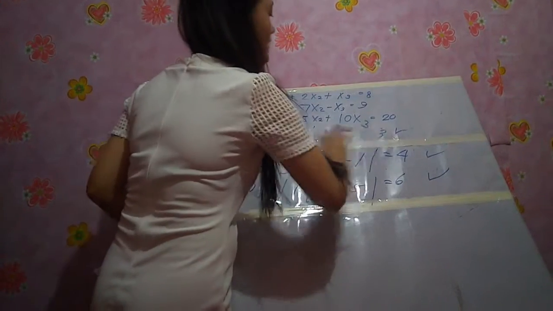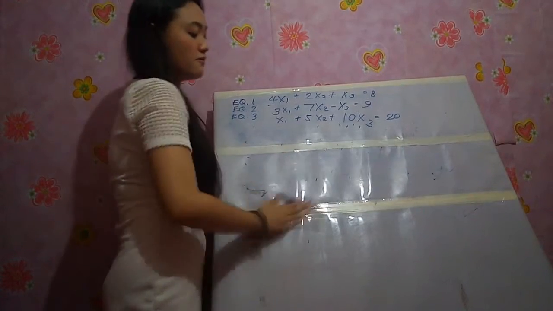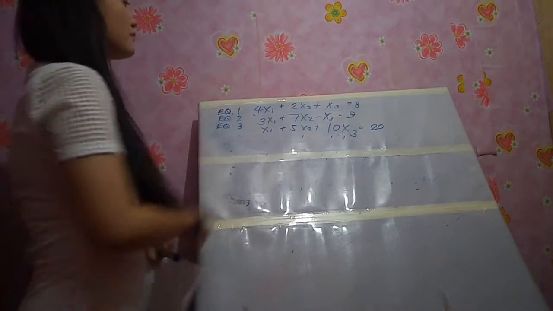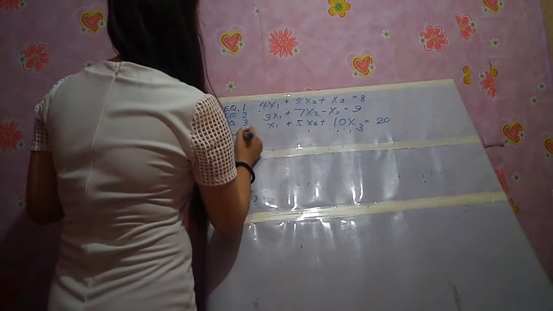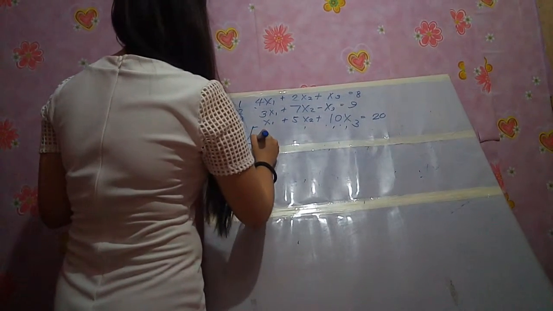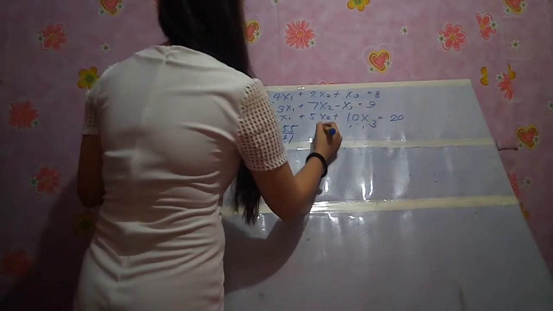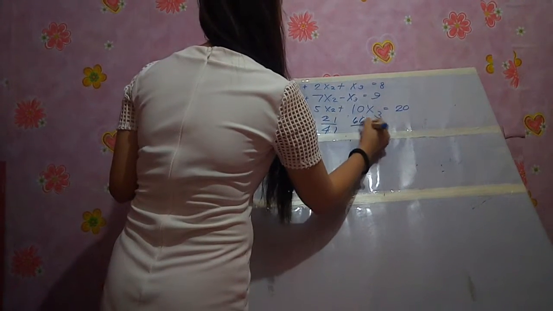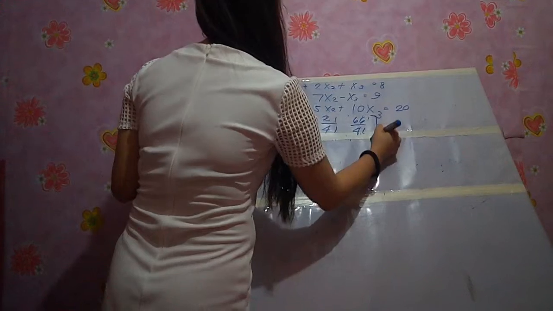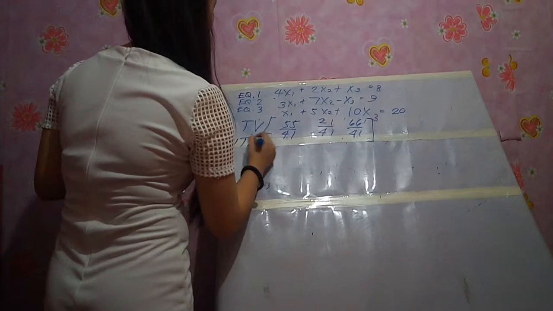So, to know the true value of these equations, we can use our calculator by pressing the mode 5 and then 2 and put all these numbers in it. So, our true values are 55 over 41 for x1, 21 over 41 for x2, and 66 over 41 for x3. You'll have to use the iterations